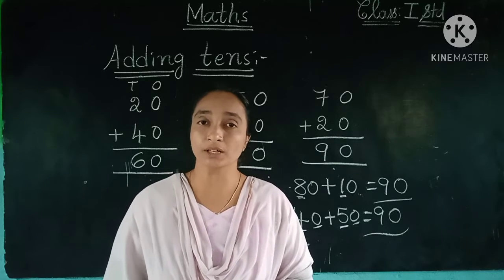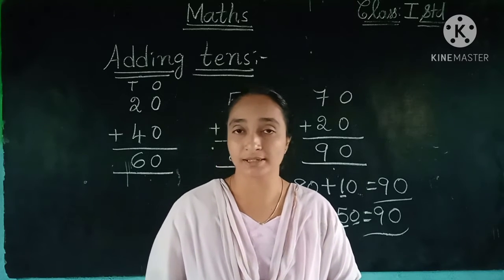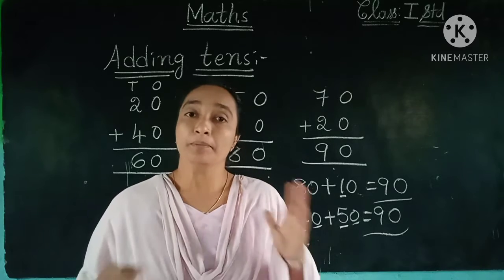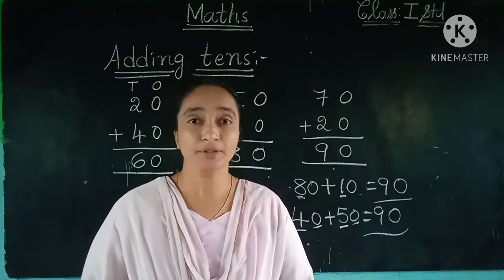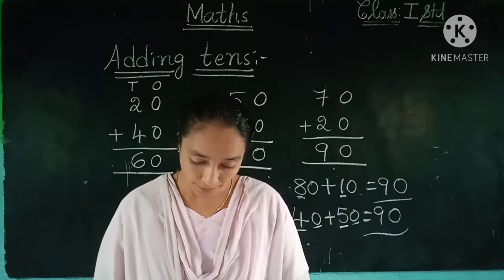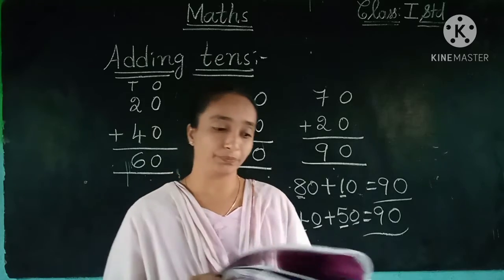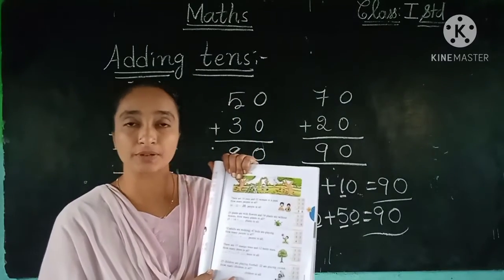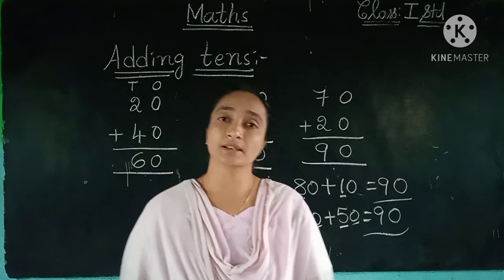Now let us do the word problems. So here, textbook page number 147. Based on this topic only, here we have the word problems. They have given 5 problems for us. So see, children, here you can do this. All the 5 sums they have given. Now let us see these word problems.